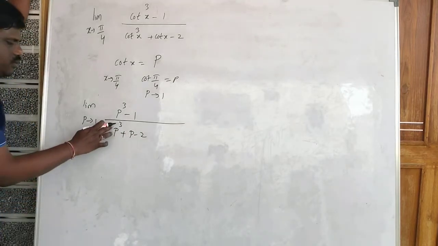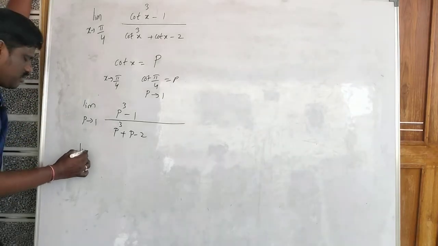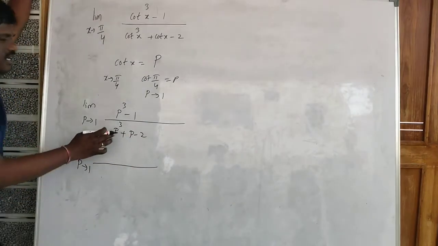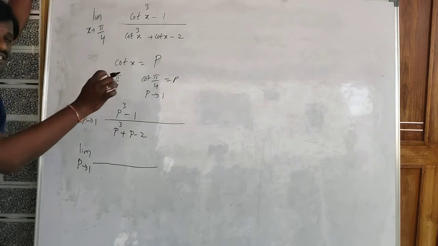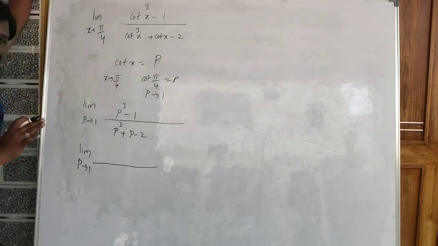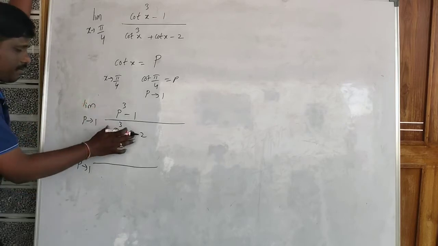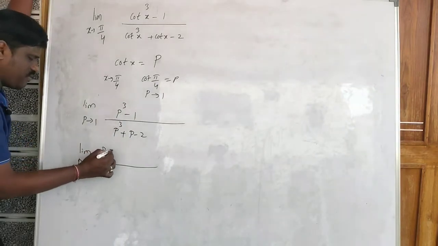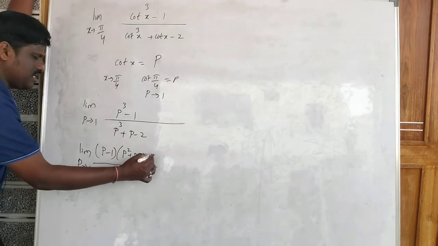So you have degree 3. I already explained this. Remember this, whenever you have degree more than 2. See, if it is degree 2, quadratic, we can find it by using factor methods, like the splitting method. But here, whenever you get a cube minus b cube, I can use the formula (a minus b) into (a square plus ab plus b square).